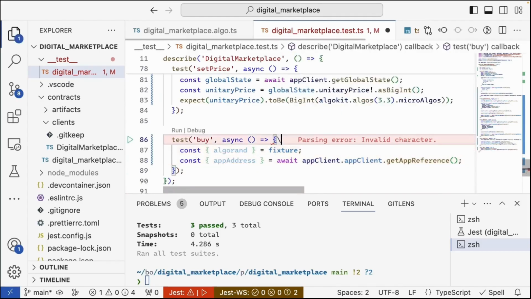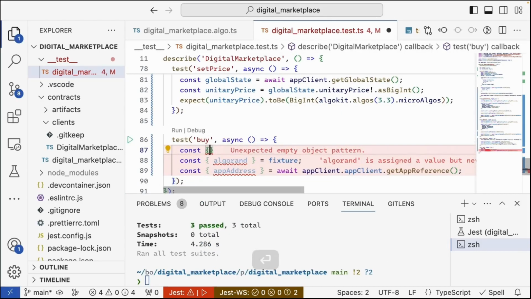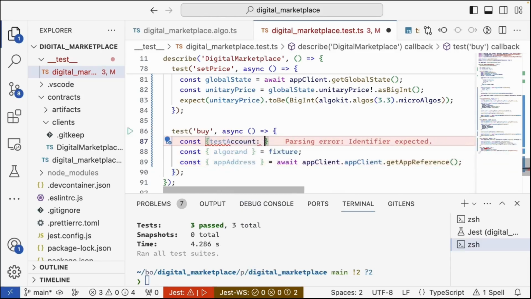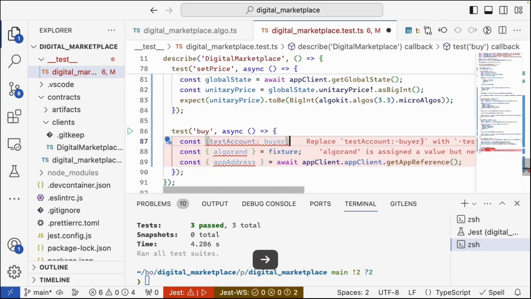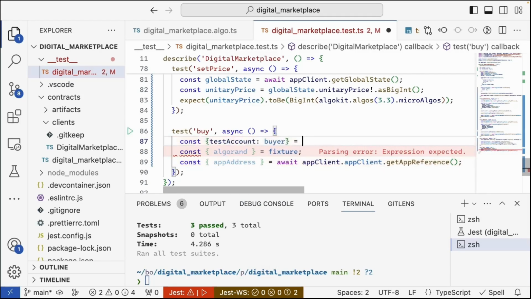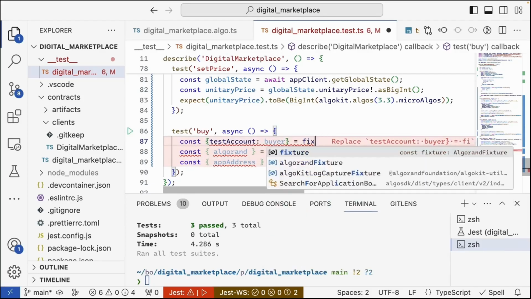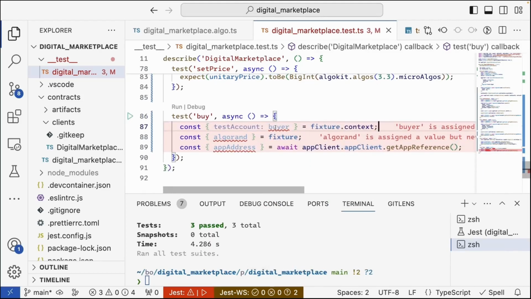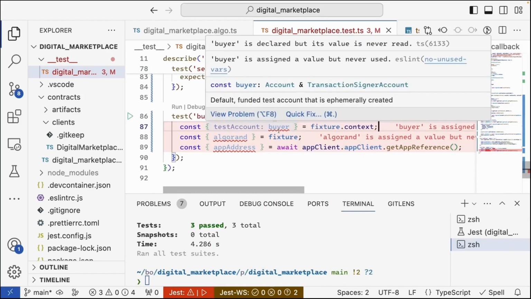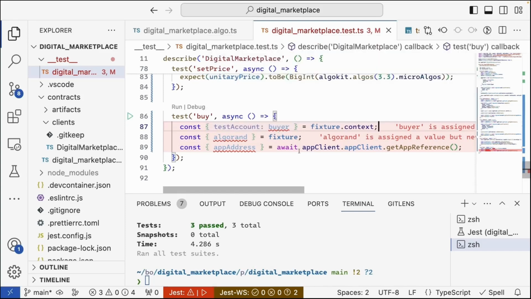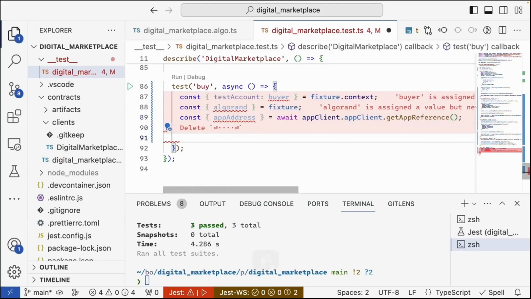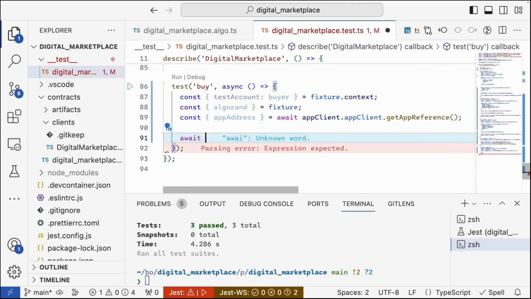So I'm going to use my context in my fixture. Every test we had a new test account. So I'm going to get the new test account and call it buyer, and get that from fixture.context. So now I have this buyer account that we can use. And first I need to opt the buyer into the asset. So I'm going to do await